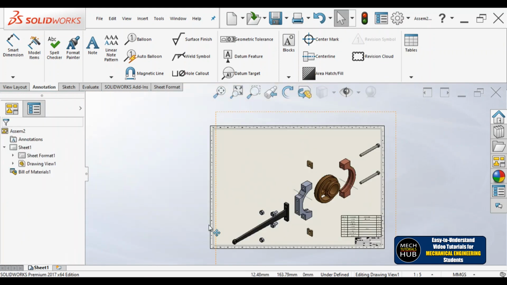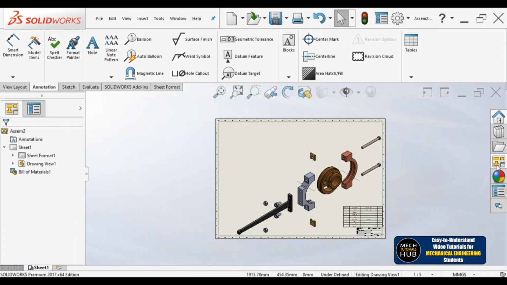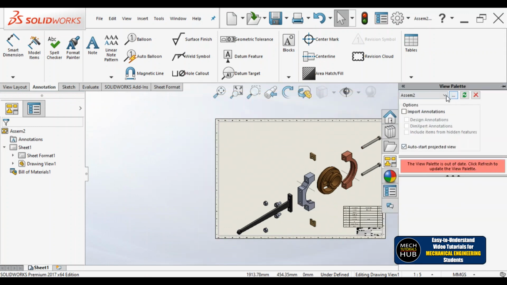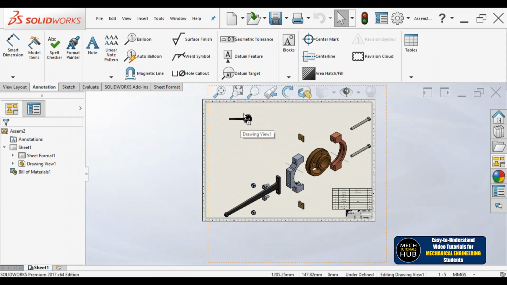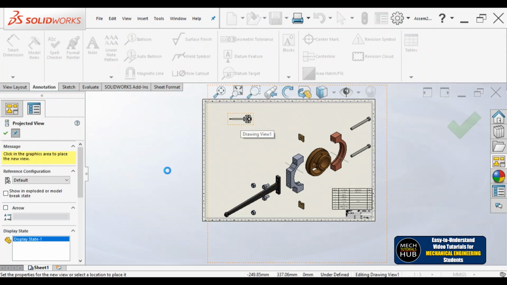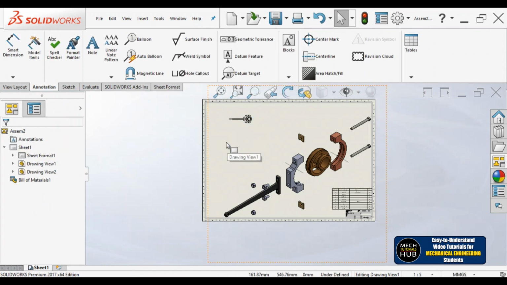That can be deleted. Now this is how an exploded view of an eccentric is going to be drafted, and further if you want any other views, for example if you go to assembly, here you could see a number of views are there. If you want the complete assembly also, you can place it here for better understanding. Once they all got assembled, this is how it is going to look.